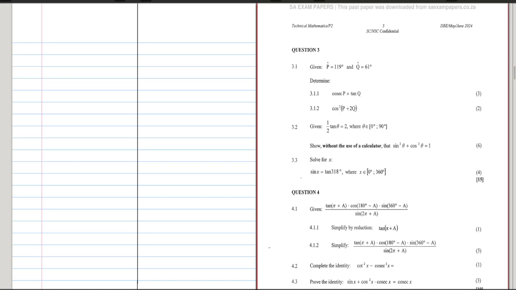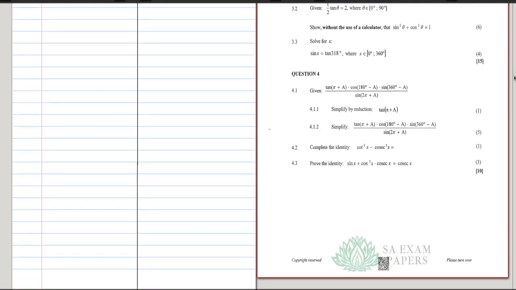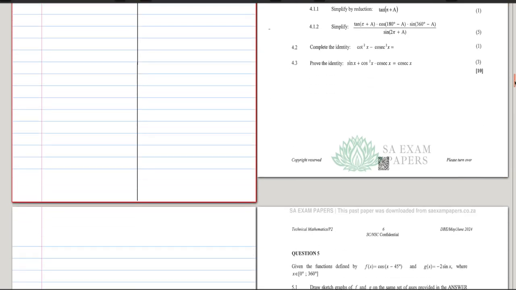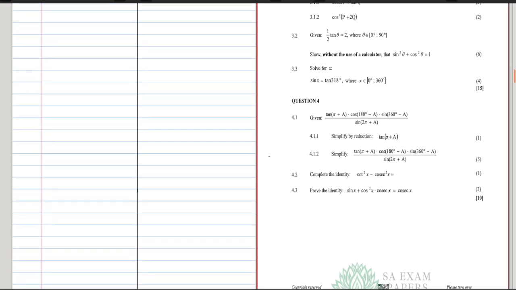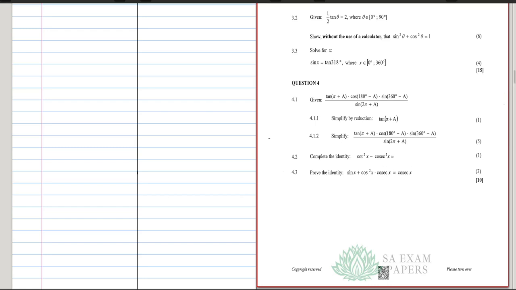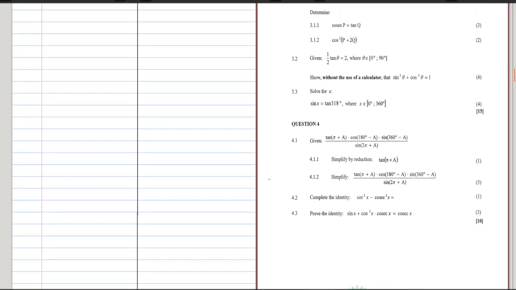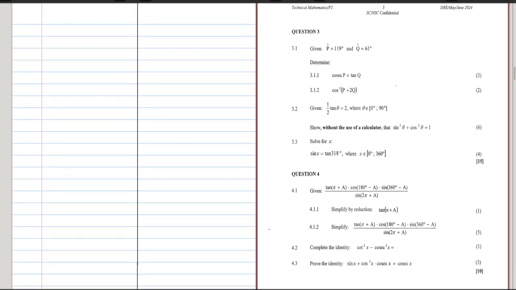So question 3, trigonometry. I'm actually teaching pure maths and a little bit of technical mathematics. In pure mathematics, that's trigonometry. Maybe let me say question 4 is more of the pure maths kind of trigonometry type of question. Maybe question 5 as well, but in pure maths we also don't have the inverse functions, right? So that's a little bit extra that you have. And then question 3,